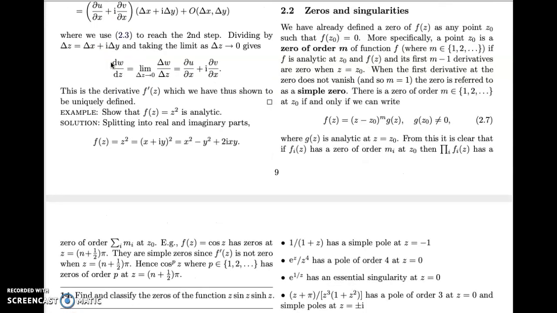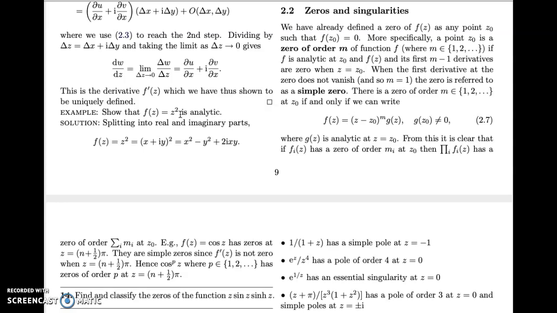So let's see an example of these Cauchy-Riemann conditions in action. Okay, it's a simple example. Show that f of z equals z squared is analytic. So to show this, it's analytic